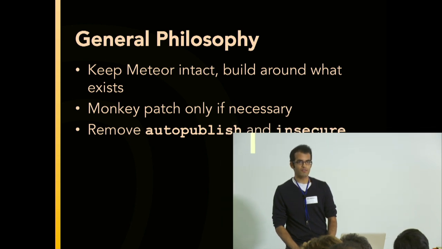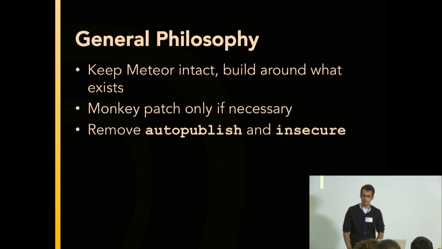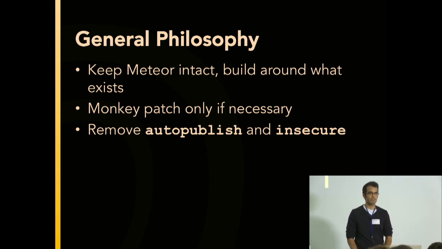One of the general philosophies that we took at Stream on building a production-ready Meteor app was that we wanted to keep everything that Meteor does intact, so build around what already exists. That might mean adding packages, or monkey patching some things if they don't work the way you wanted. That's the philosophy we went with, and that's what I recommend, just because it's really easy to upgrade Meteor as they release more things into Meteor Core, and it makes for a much simpler experience. And obviously, the first step whenever you're doing this is to remove the 2 packages that come with Meteor,